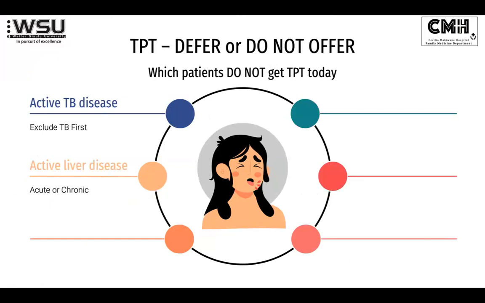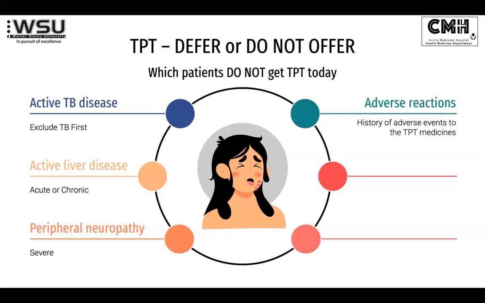So anybody who's obviously got active TB disease, active liver disease, whether it's acute or chronic, and they specifically mention severe peripheral neuropathy, somebody who might have had INH in the past. If there's any history of them having had, obviously, adverse reactions to any of those drugs. And then they actually specify what we mean by excessive alcohol use, when we say how much